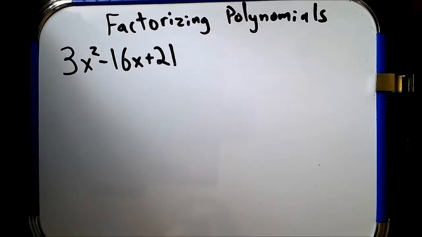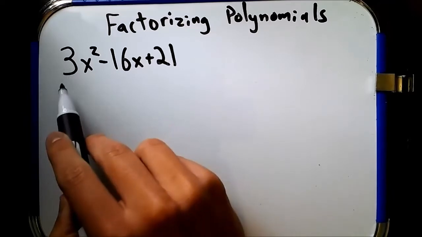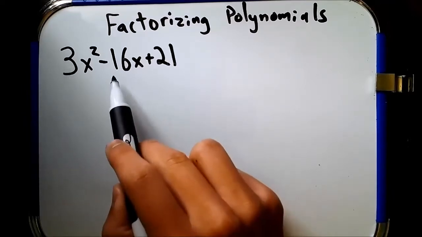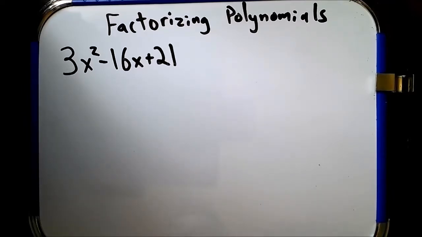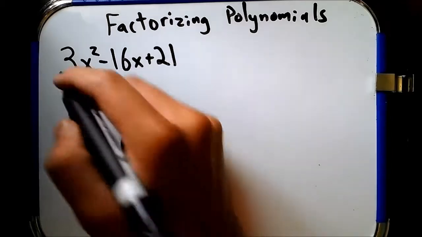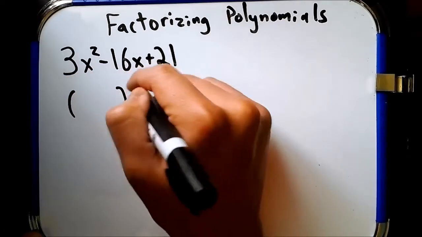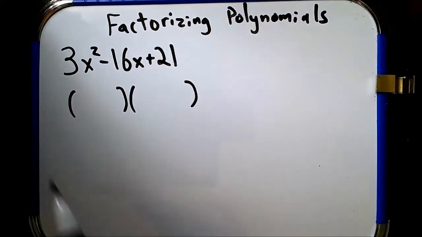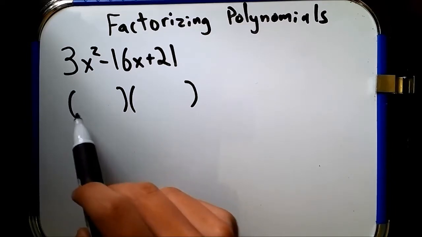This example is very similar to the last video I did, except the x squared has a coefficient in front of it, and the middle term is negative. These will throw off the terms a little bit compared to the last video, but it shouldn't be too bad. So let's try it. Well, we write our two parentheses here,